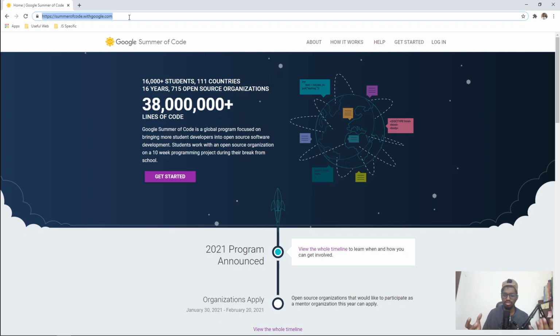And what happens is students are there. Students are the people who work on the project and get the development up and running. So we now have two entities, student developers and the open source project and organization, right?